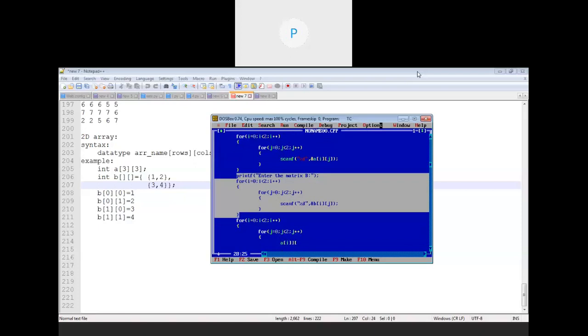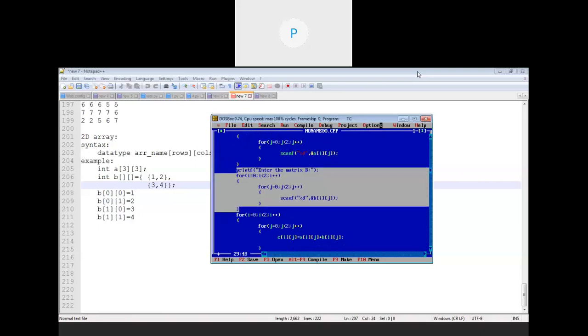C of ij, the resultant variable, equals a of ij plus b of ij.